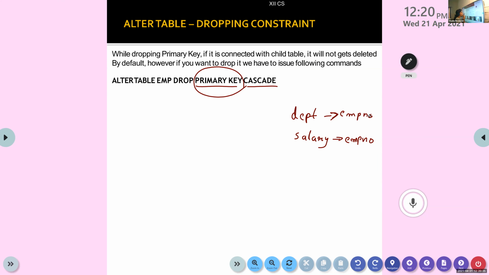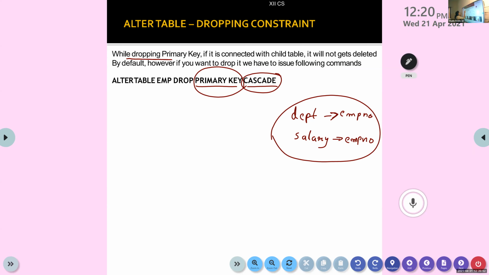All this restriction will go. Why? Because we have removed the primary key constraint in this table. That is why you give a special word called cascade. Cascade is used to solve the issues which may come in the referred tables.